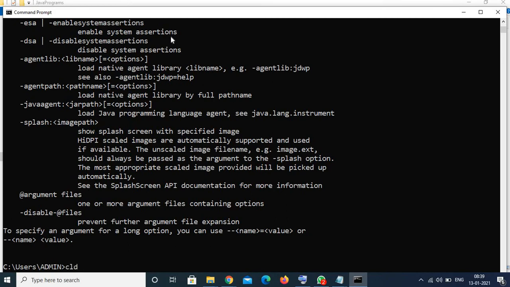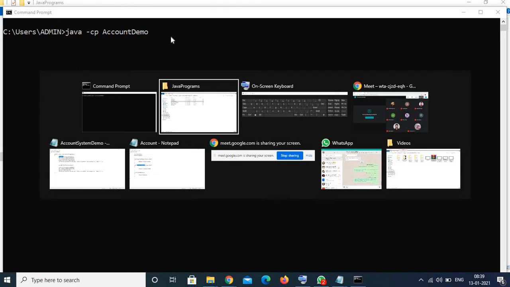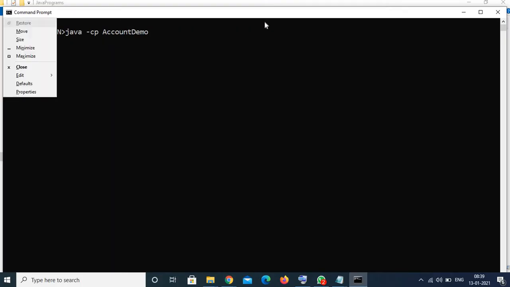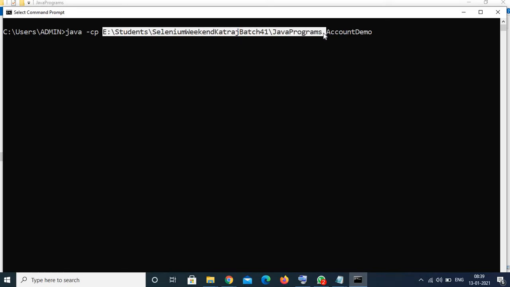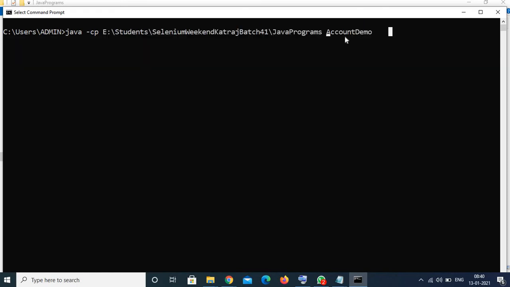Sorry, cls. Here we have to mention the path. I forgot to mention the path after -cp. So java -cp, the path of the directory where the class file of the class we are running exists.